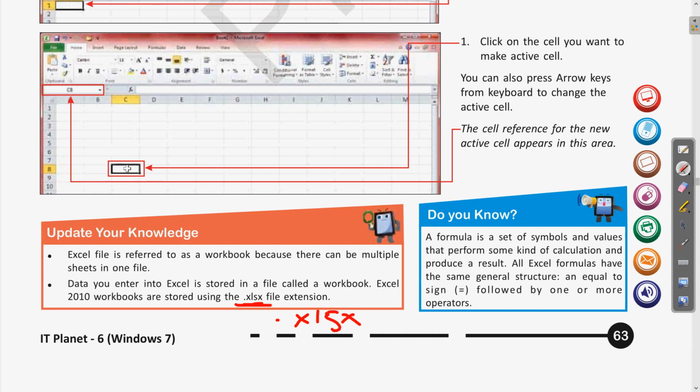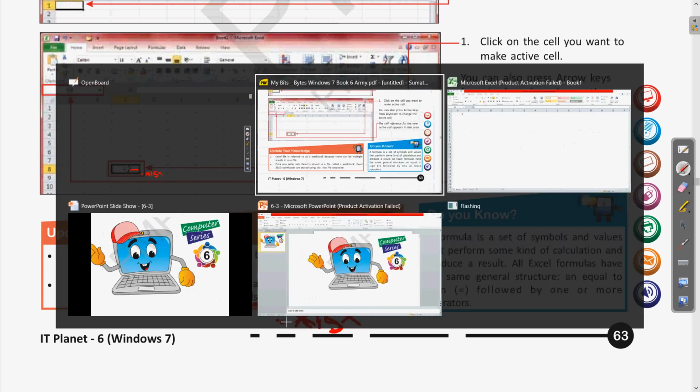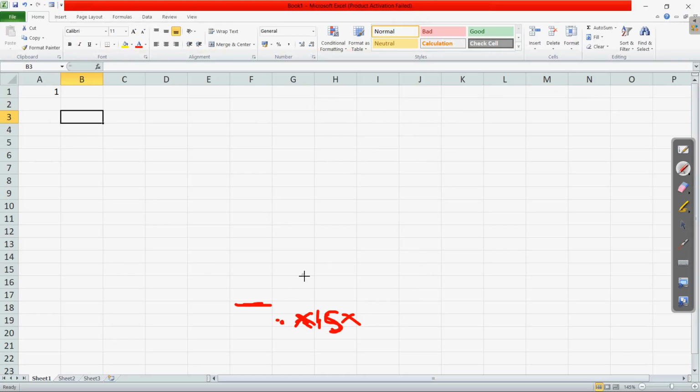Clear? All files have some extensions. For example, in Word we have seen the exe file, that is an executable file. These are the extensions written after the dot. So right now, the file we are working on, when we save it, will be saved with the .xlsx extension.